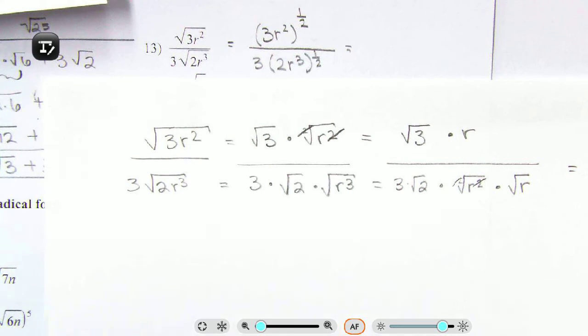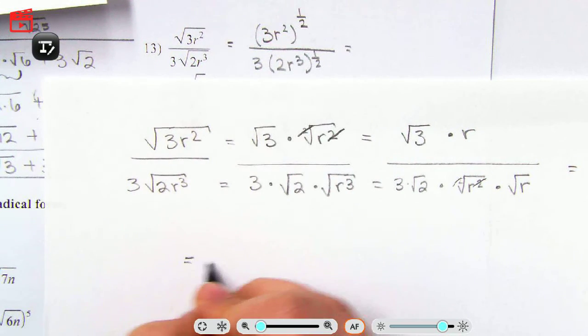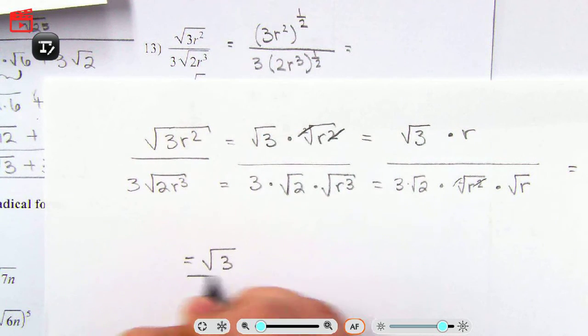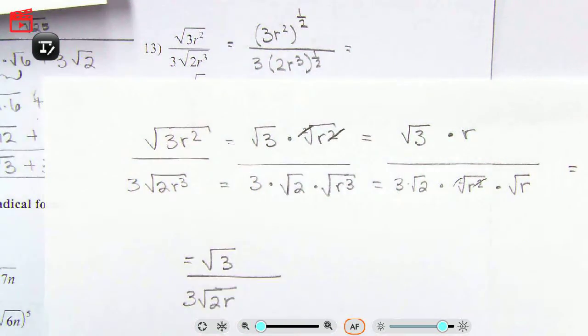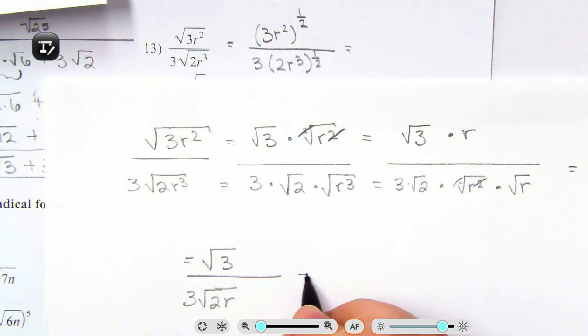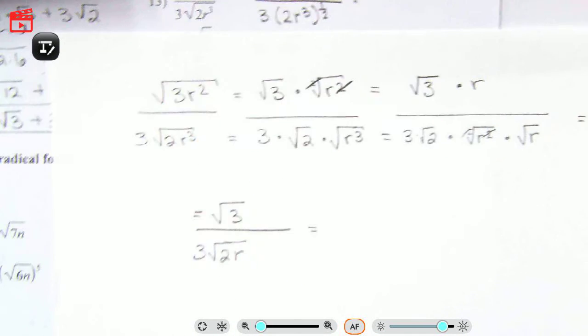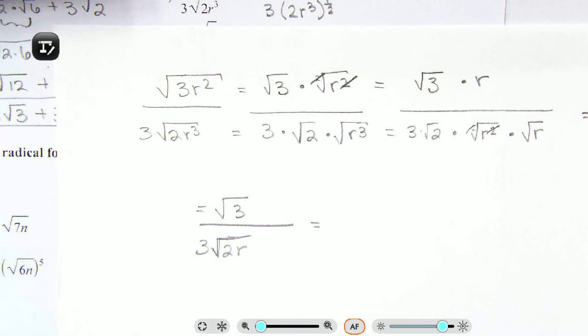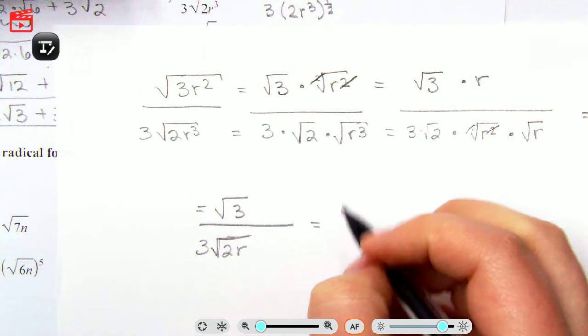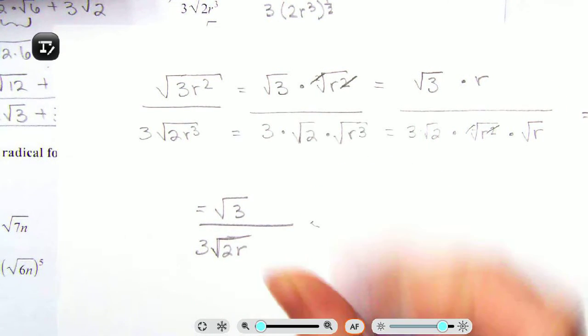Okay, so then r and r get divided out. Then we have root 3 on top left over, and 3 times root 2 r on the bottom, because there's a root r and root 2. And again, we have to get rid of our radical here. We have to make sure that we take care of the denominator. No radicals in the denominator. So then I'm going to multiply this top and bottom